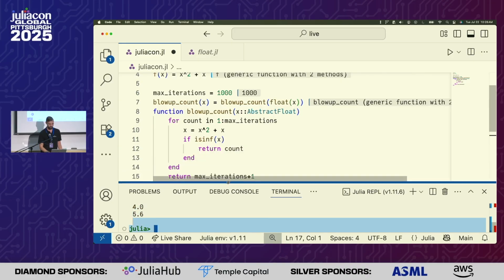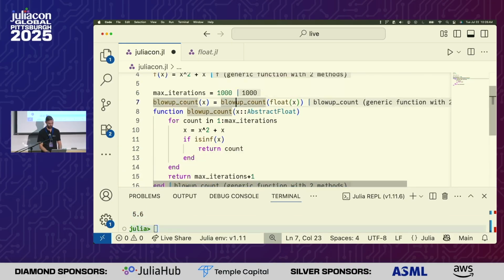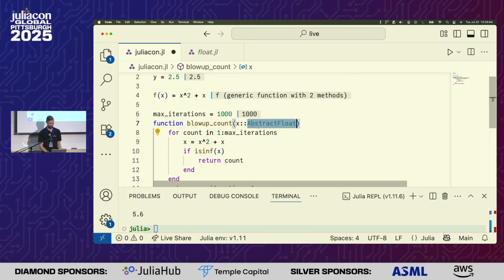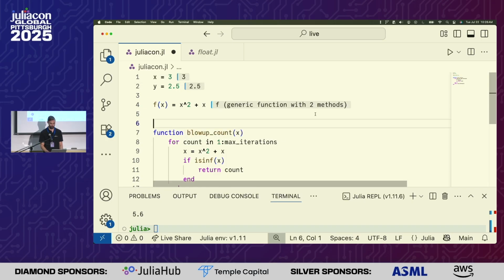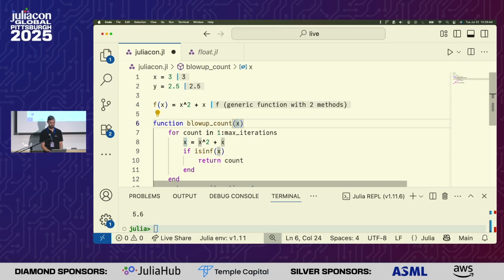So what I'm going to do here, I'm going to go back to the way we had defined it initially. One thing that I want to do here, let's get rid of our type annotation. We'll just have our one argument again. I want to remove this global because again, this 1000 is misleading because I'd actually redefined it in my REPL in a different way, and max iterations is no longer 1000. Let's move it into the appropriate scope. So I'm going to cut that and paste it